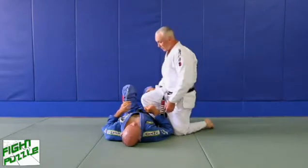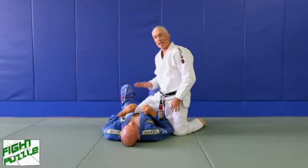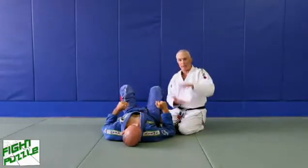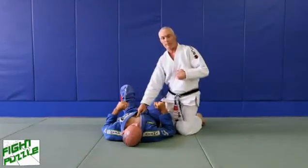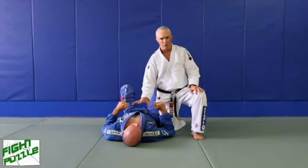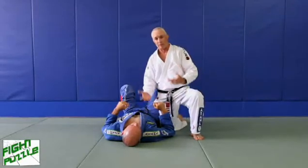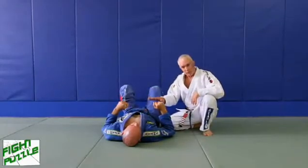The points for the Kneeride, our checklist for our Kneeride, are a few things. One, where is my knee? It's on the soft part of his stomach. I want to have my knee on his abs because I want to get the soft ride. If my knee's on his chest or on the xiphoid process here, I can injure him, but I'm also getting a rough ride. If my knee's up there, any bucking is efficiently transferred into me, and I can be bucked off. If my knee's on his stomach here, I get a nice soft ride, so I want it to be across